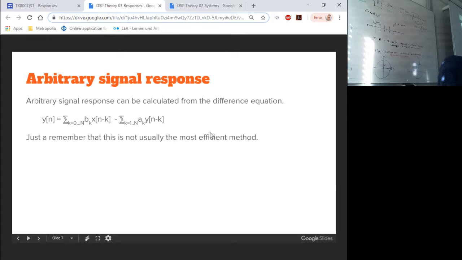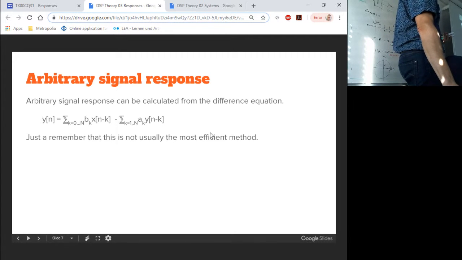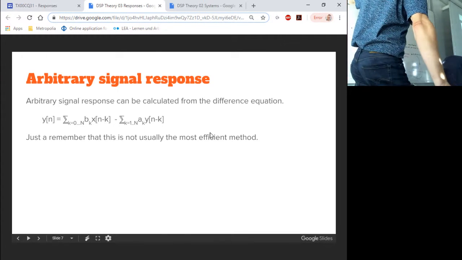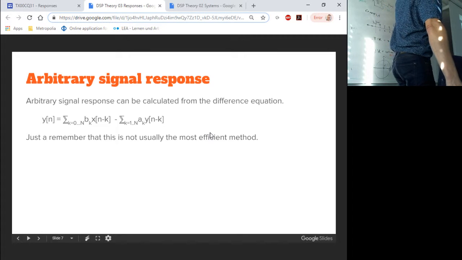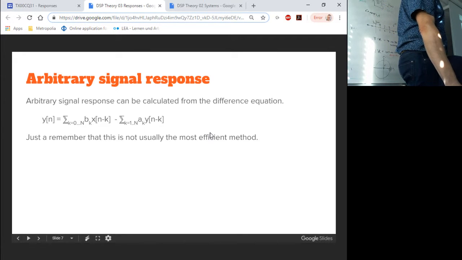Yeah, arbitrary system response. Okay, it can be calculated from the difference equation. So that's also a response of the system, and that's the third time-based response. So we have the unit impulse response, which describes the system. We have the unit step, which can be used for testing in real life. And then we have,